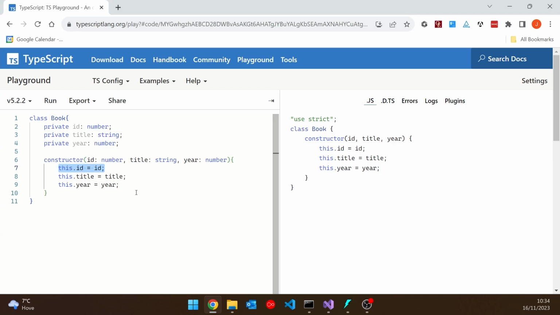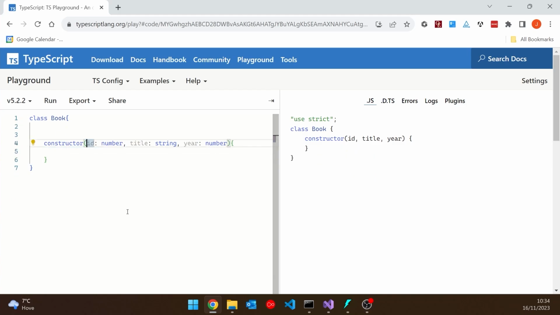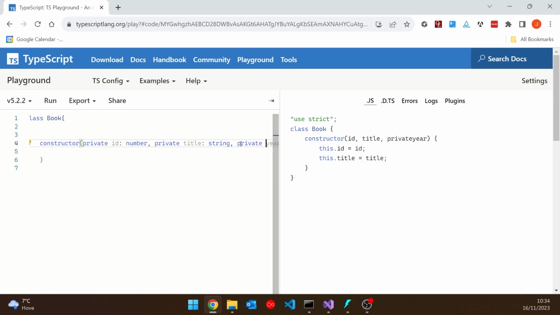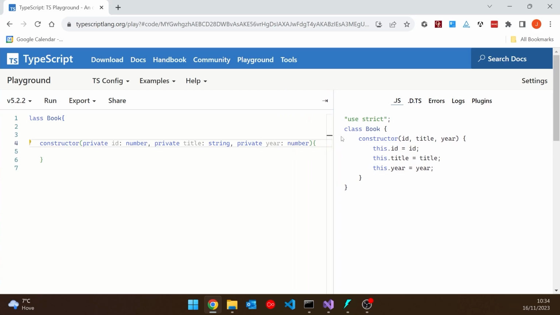And so what we have in TypeScript is a really neat feature where I can get rid of all of that, and I can get rid of all of that, and I can simply put the word private on any of the constructor parameters that I want to. And having done that, that now is exactly equivalent to what I had before. So putting the keyword private in there means those things are declared as private fields and also in the constructor, and you can see that part of it in the JavaScript. Don't get the declarations in JavaScript, but it also sets them up.